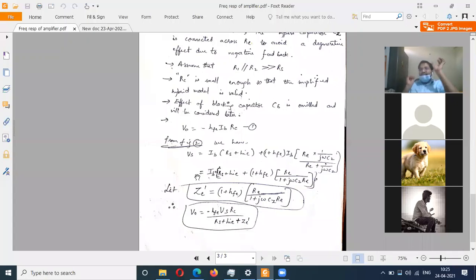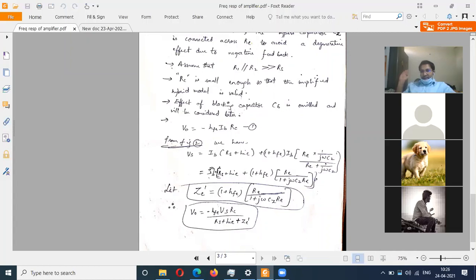Now, in most cases we will do dimensionality matching. Dimensionality matching means if LHS is voltage, RHS should also be voltage. Otherwise, as per physics, it is invalid. If LHS is current, RHS has to be a current term. You cannot say voltage equals resistance. So if LHS is voltage, RHS is also voltage. But I already have IB here.